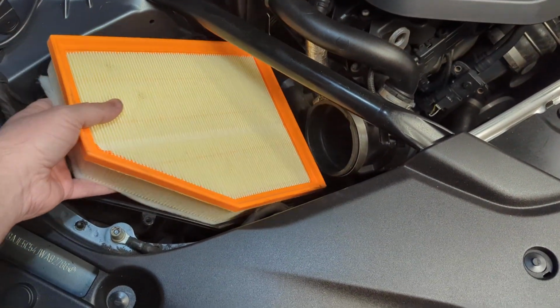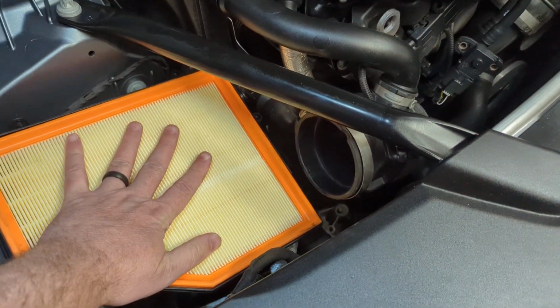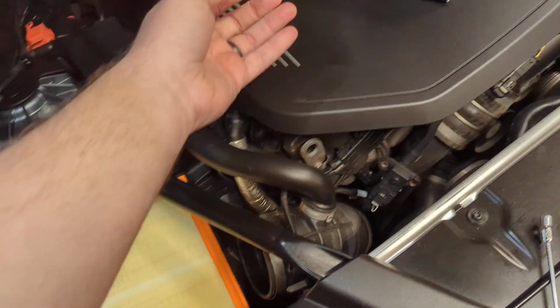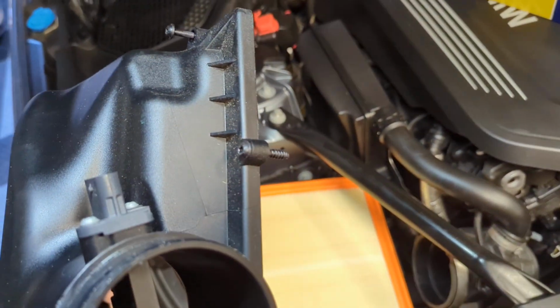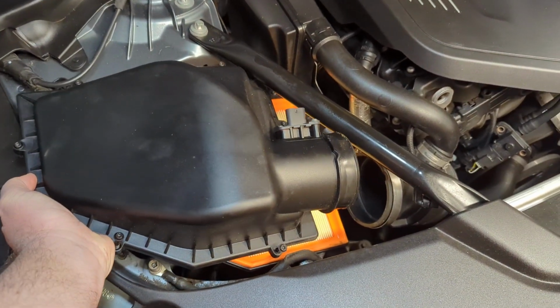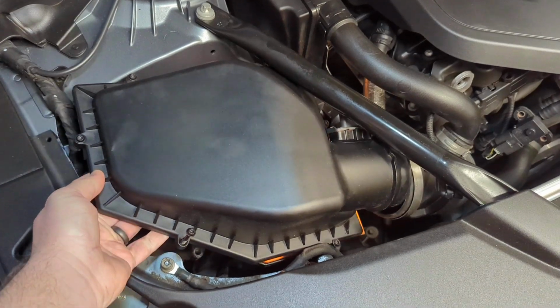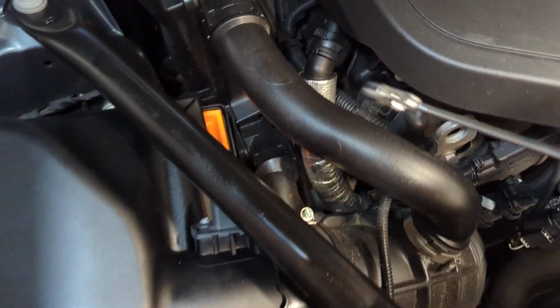So, like I said, drop the air filter in. Just make sure it's in there and set nice and firmly. Get your lid, and it's going to have the same problem as that screw is going to want to drop down. So with two hands, you're going to start by getting the lid in place. And then I used my magnetic pickup tool, like I mentioned. And I just grab that screw and pull it up